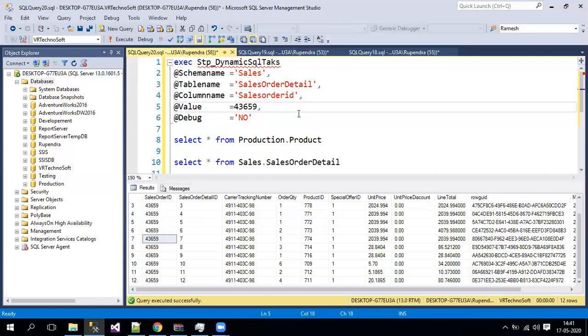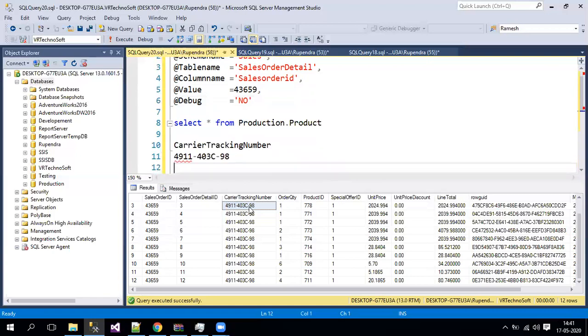Now I'll change the other column. Let me go with the carrier tracking number. It's a different column, which means it's a different data type, right? This is a varchar data type. Let me pass that column, and we need to pass a value here, right?